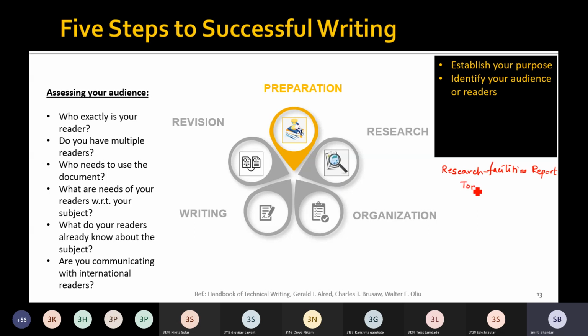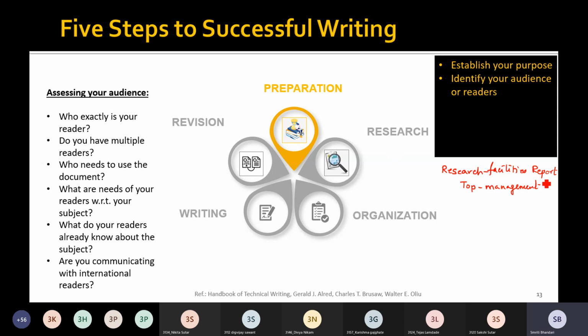Now, whenever we say top management, whether only one person is going to review that report or whether more than one person is there in the top management. If more than one person is going to review your report, then we need to identify who those people are, what their roles are, and what they are interested in finding out from your report.